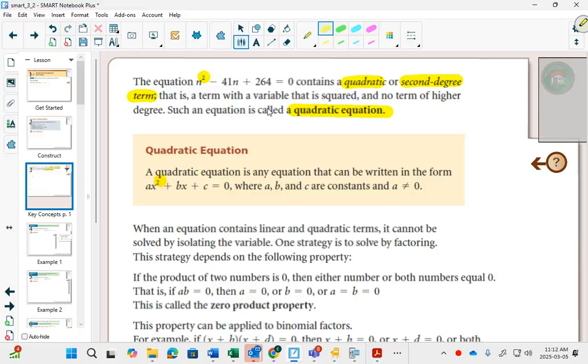In grade 9 and grade 10, you solved mainly linear equations, right? If I gave you x plus 5 equals 9, anybody know what x is? x would be 4. Linear equations are pretty easy to solve in our head. But if I gave you a quadratic equation,